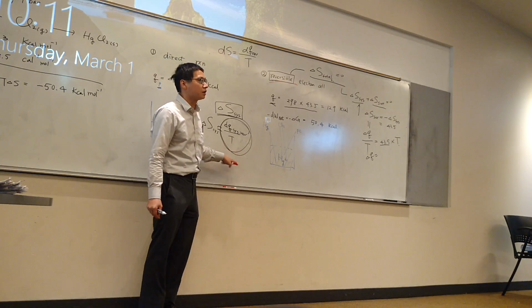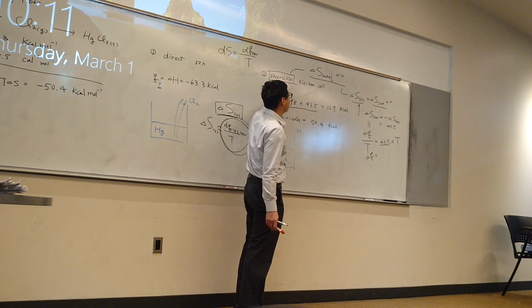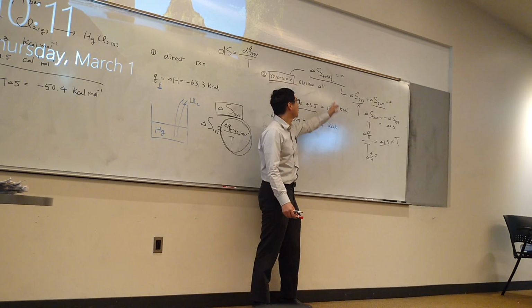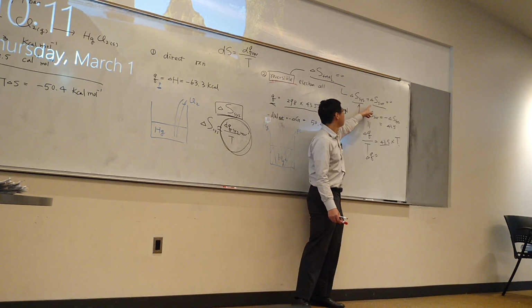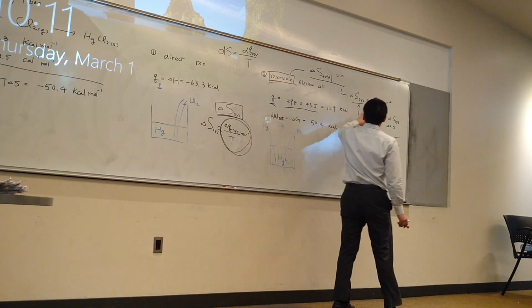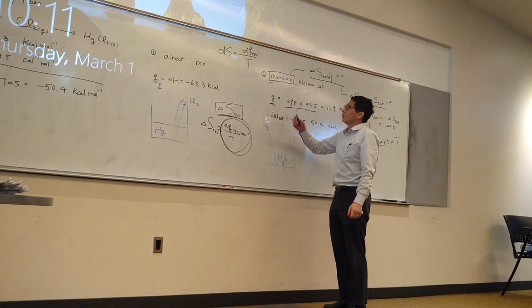This is actually a very important concept. If you don't have a reversible process, how do you calculate your Q? You can still do this. You can still get the